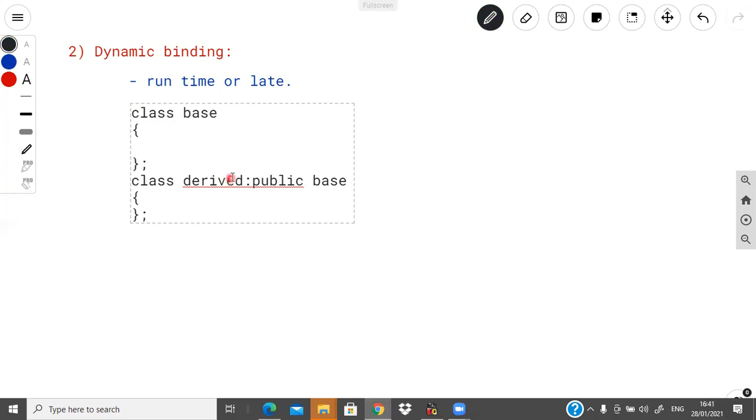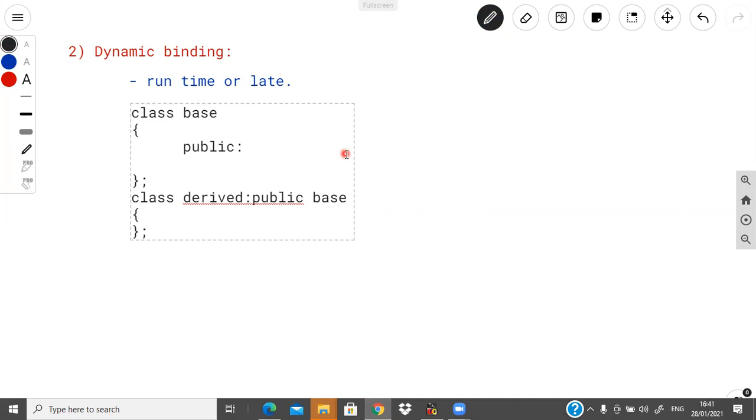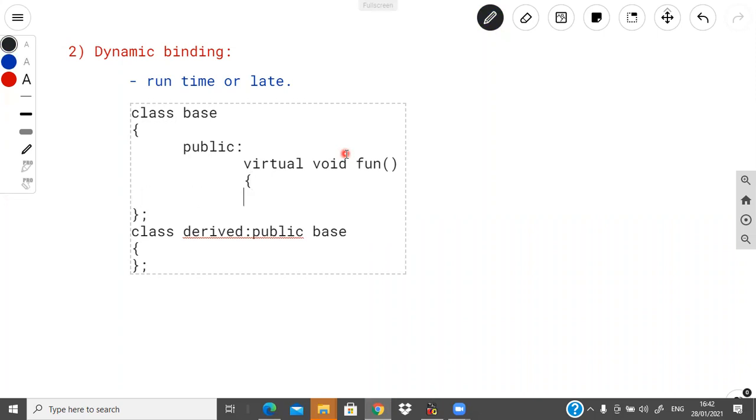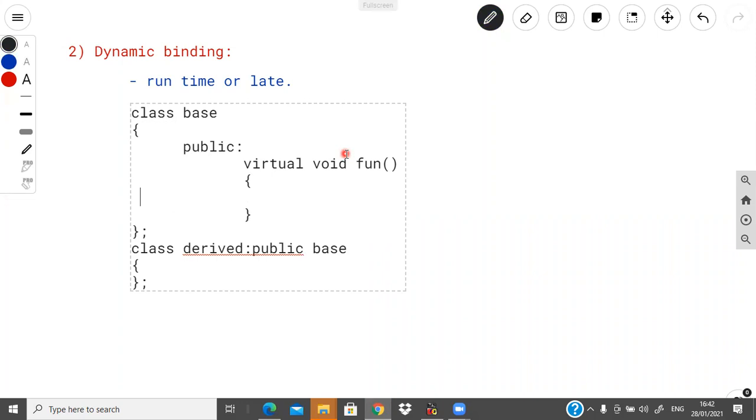So here I am defining the virtual function under the public access specifier with the help of the virtual keyword. So virtual, then the return type of the function is suppose void, then the function name is fun. You can write the statements within this function block. So now this is the virtual function.